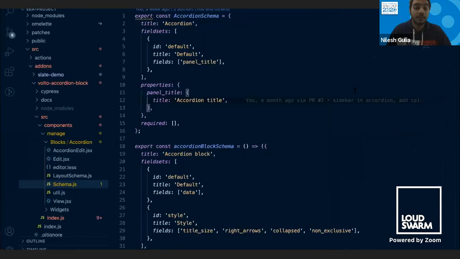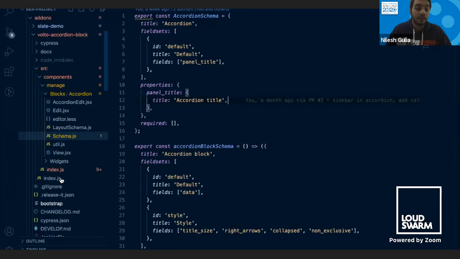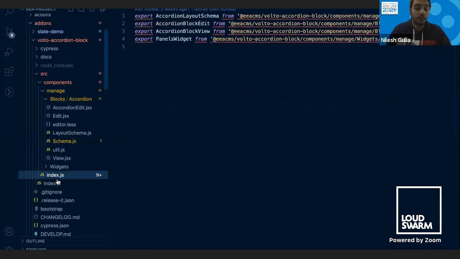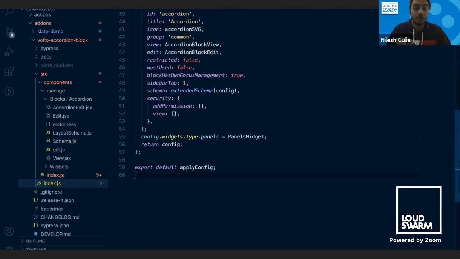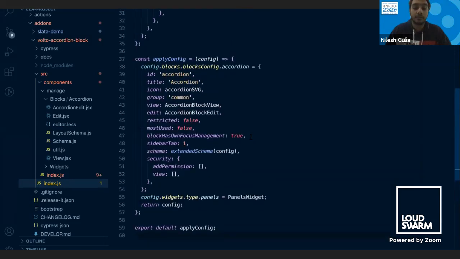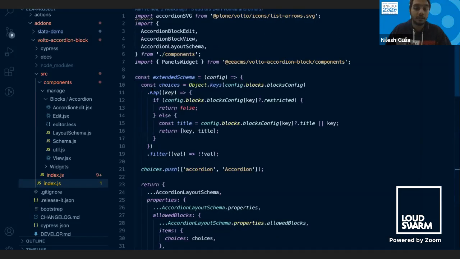How these widgets come about is, first we register a widget on the accordion. This is how we register a widget, config widget type panels. Once we have registered a widget, we use this panel widget here, just as an example.